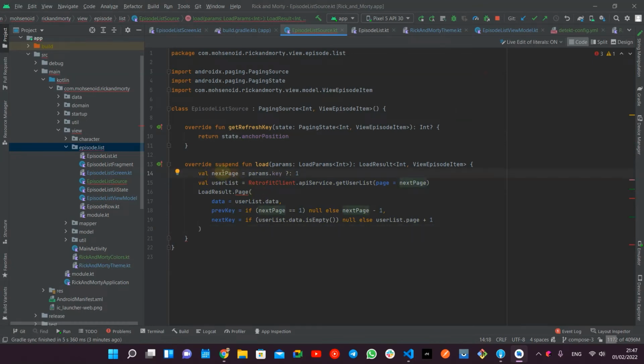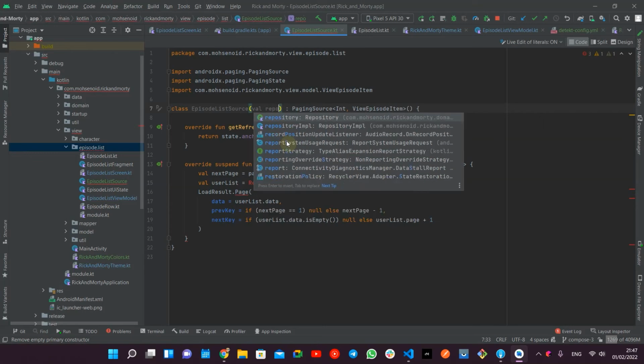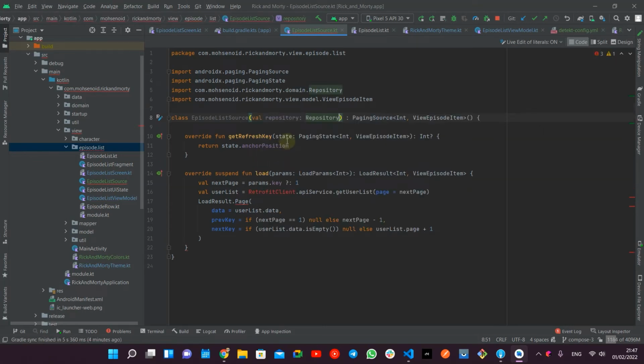Okay, there is a variable called next page. It can be null for the very first page. So if it's null, then we will replace it with 1. Our pages also start from 1. And then we have some user list. We should add the repository here. We already have a repository and we can use it to